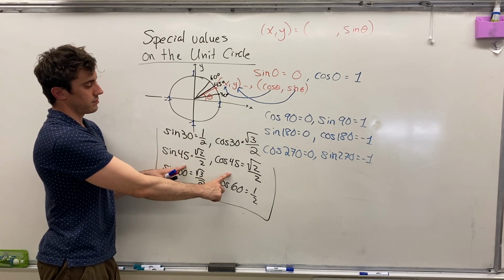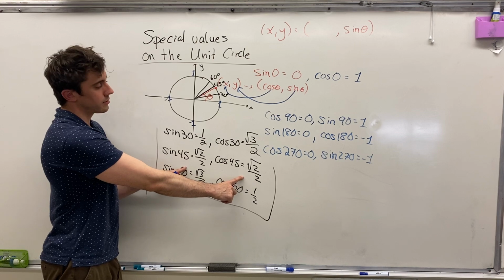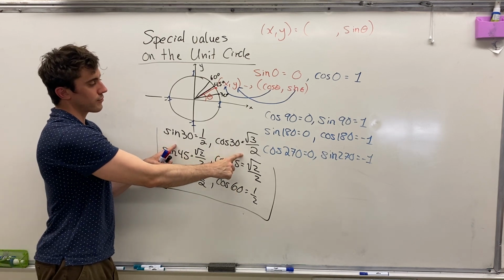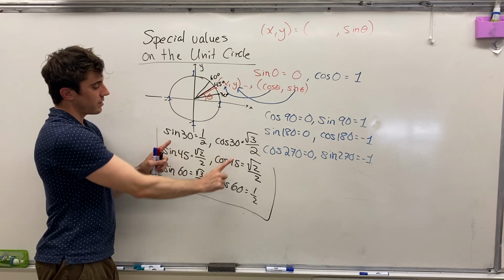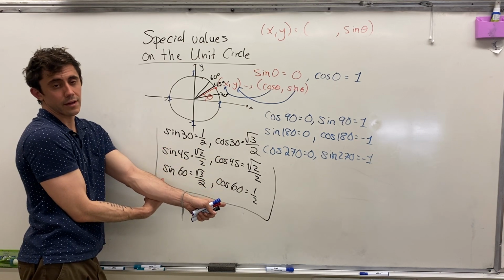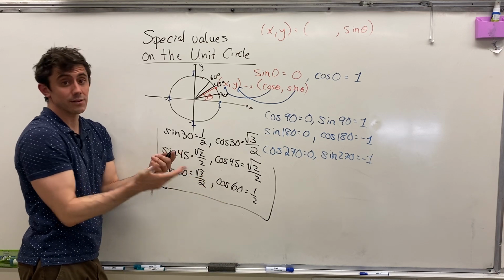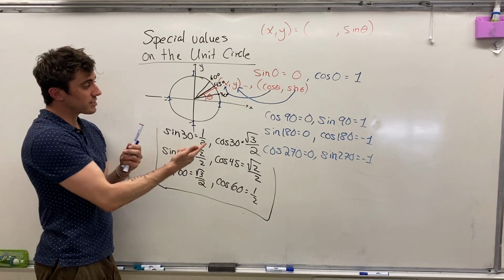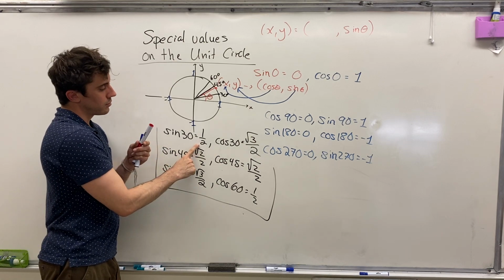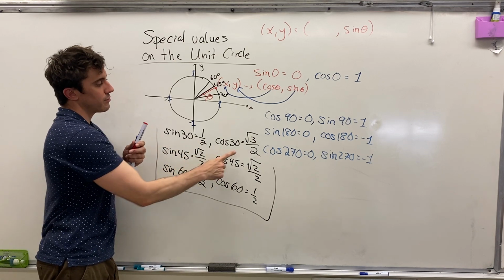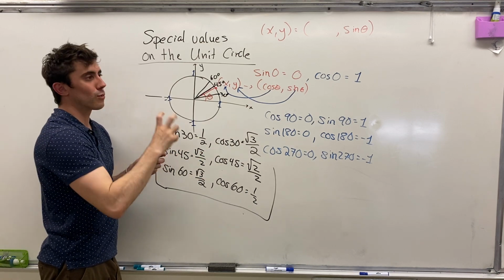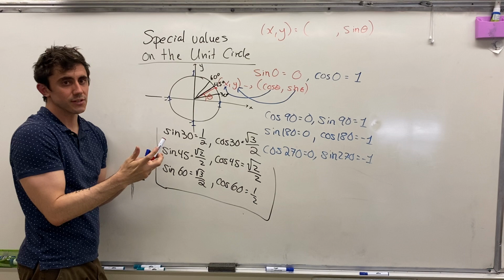Sine of 45, we have the exact same value for both, root 2 over 2. Sine of 30 is 1/2. Cos of 30 is root 3 over 2. And we swap them for 60. Okay, that's it. It's really only 3 values. And if you really look at it, because we only have 3 values, we have 1 over 2, we have root 2 over 2, and then we have root 3 over 2. And if you want to find a bit more satisfying pattern between those 3 values,